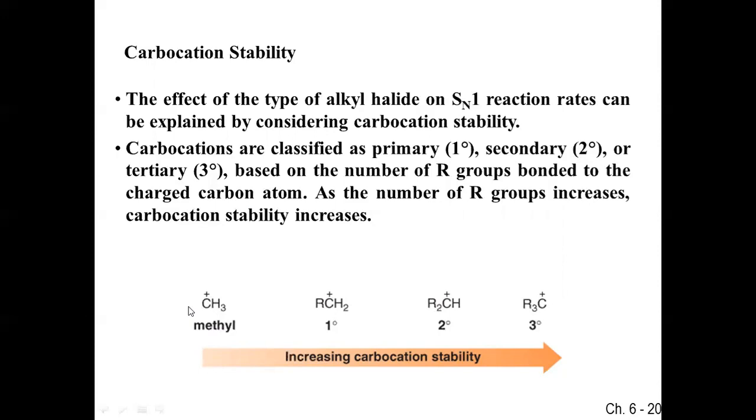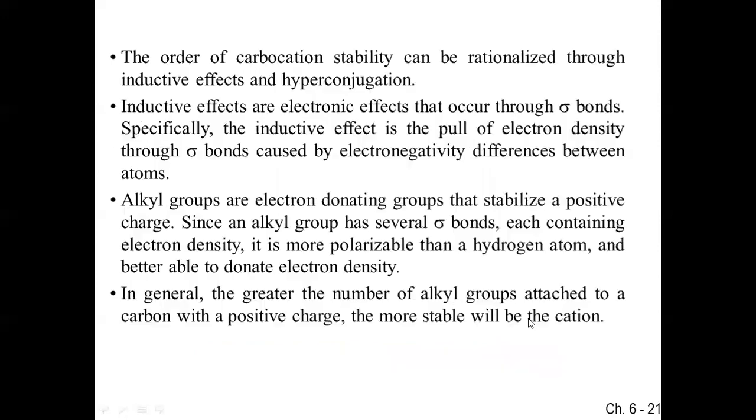The reason behind this is that the carbon of all these carbocations is electron deficient in nature. The positive charge of this carbon in the tertiary carbocation structure is stabilized by the electron donating nature of the 3 alkyl groups. But in case of methyl, 3 hydrogens are attached, so the positive charge of this carbon is not being stabilized. So this is very much less stable and this is more stable.